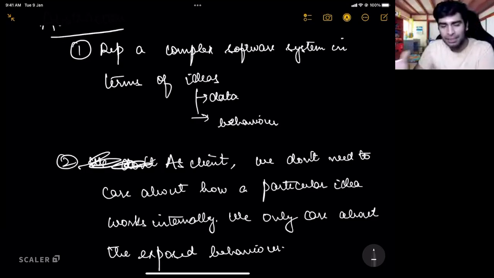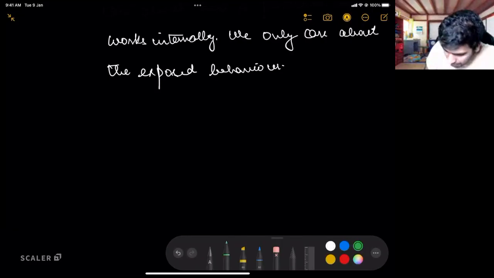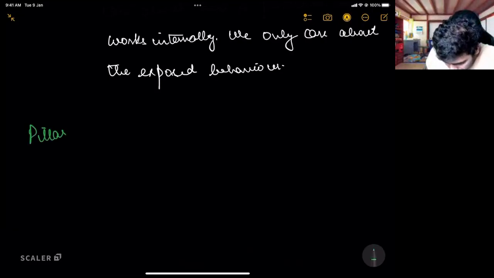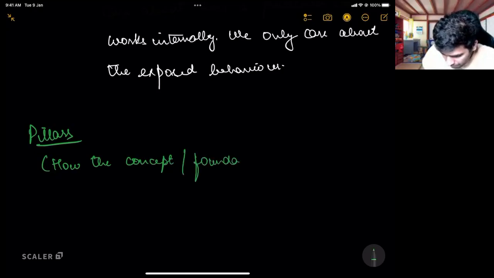There is a foundation, there is a concept, but how will you put this concept into reality? This concept is put into reality in all the programming languages using three pillars. Pillars are how the foundation is brought into existence.